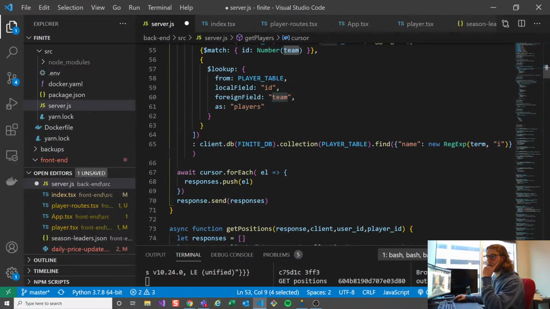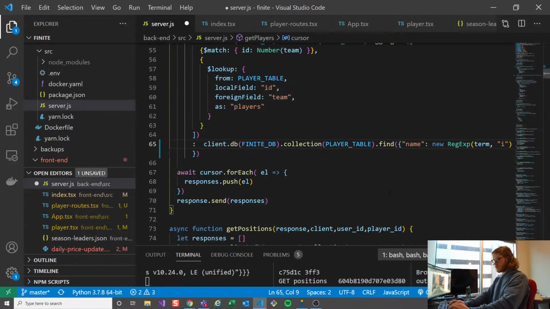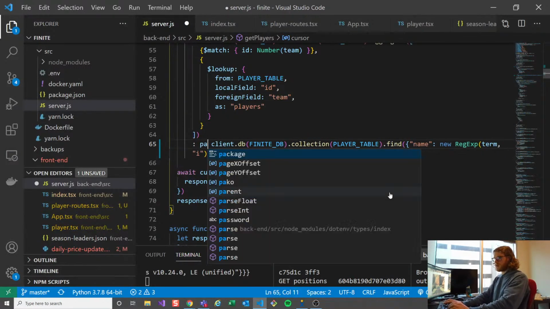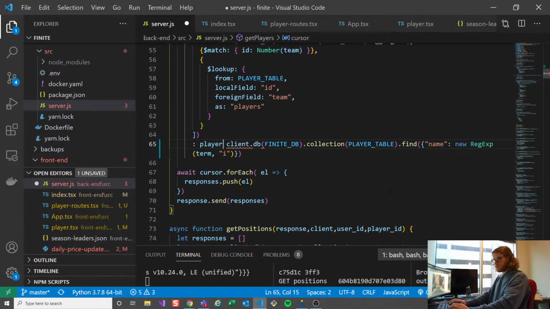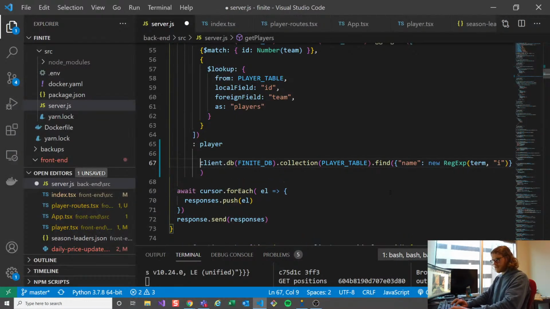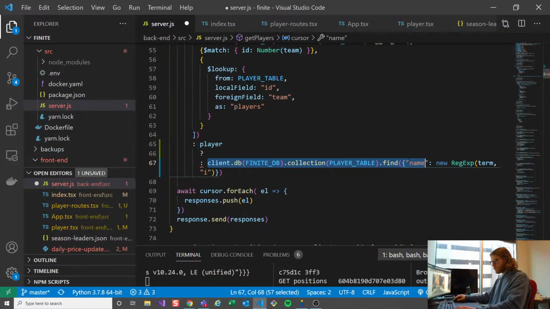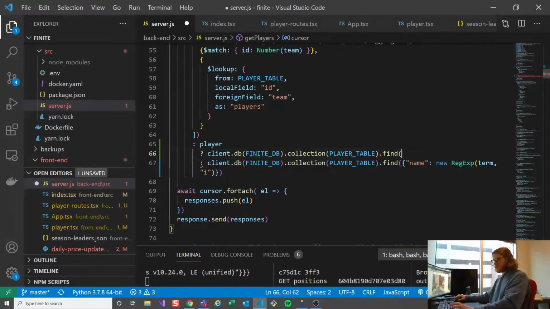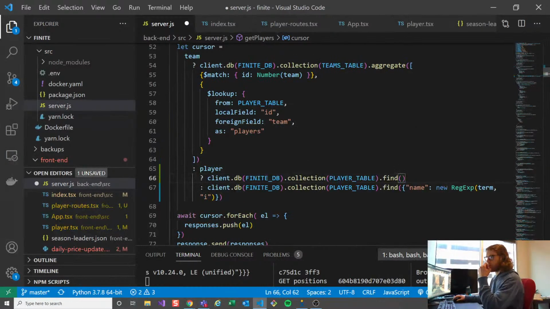So what we're going to add here is another question, an additional layer to the ternary where we're going to say, is there a player? And if not, let me do this backwards here. If not, then do this. But if there is a player, we're going to want to do player table dot find, except we want to match